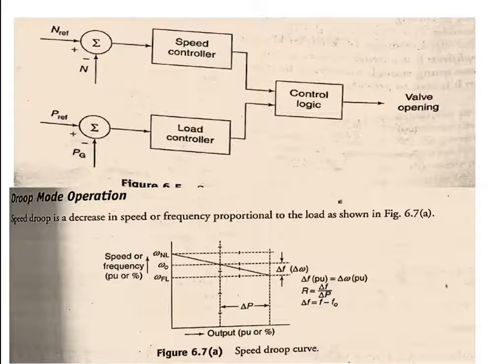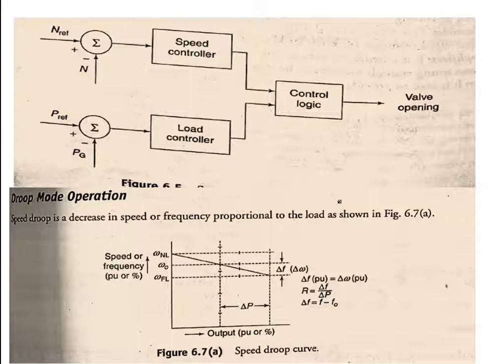In the modes of operation, we are discussing one more block diagram. Here we have to consider the two-way control mechanism. The main parameters are the reference change in speed as well as the power. If there is a difference in speed, actual speed minus the reference speed, then the speed controller mechanism will control the difference of speed. That controlled speed is fed to the control logic, which observes the desired change in frequency. Along with that, one more parameter is considered, that is the difference of power: generated power minus reference power.